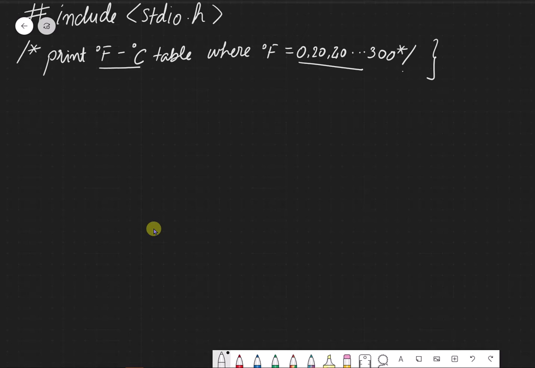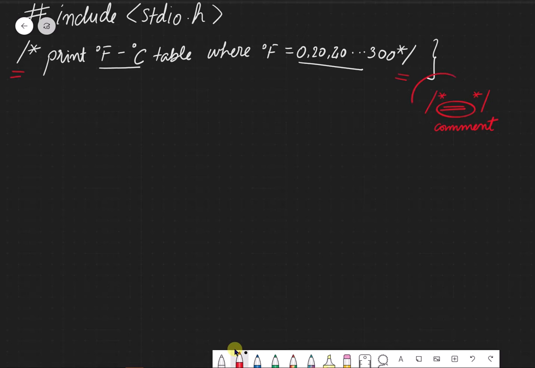Any characters enclosed between slash star and star slash are ignored by the compiler. They may be used freely to make a program easier to understand. Comments may appear anywhere a blank or a tab or a new line can. So what they're trying to tell is, this particular marker says to the compiler that anything enclosed between these two characters is a comment and it will be ignored by